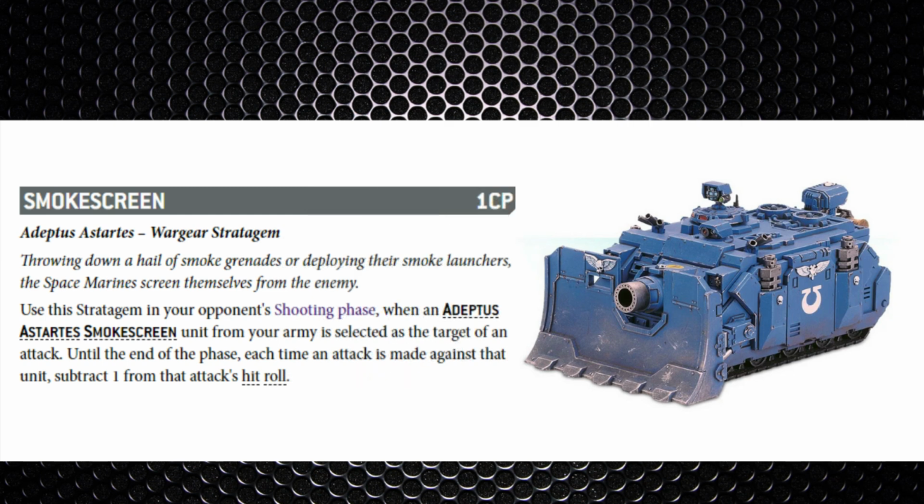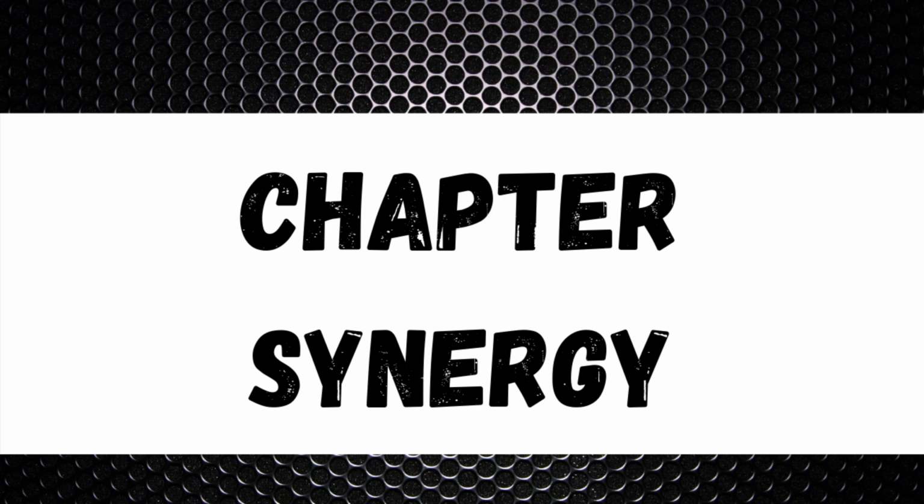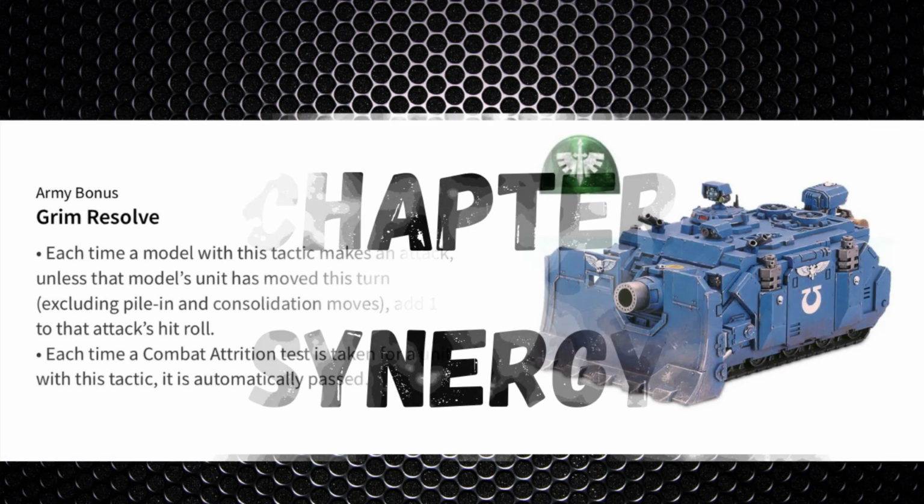Next, due to the fact that it's got the smokescreen keyword, you can take the actual smokescreen stratagem for 1 command point, which makes your tank a -1 to hit at range. So this one's pretty good, especially for those heavy support versus heavy support battles, to keep your tank lasting a bit longer. As for some chapter specific buffs, as well as the stratagems, starting off with Dark Angels, obviously they've